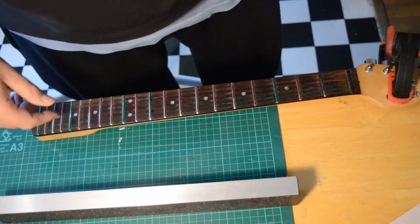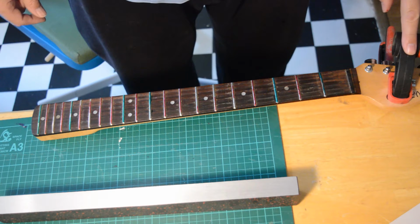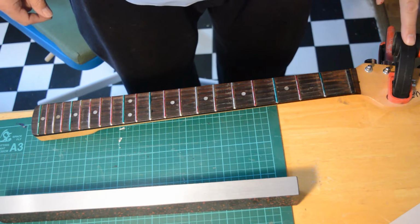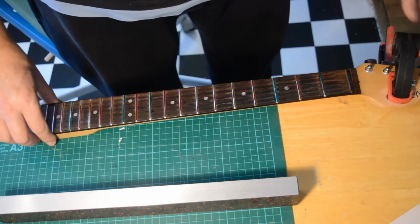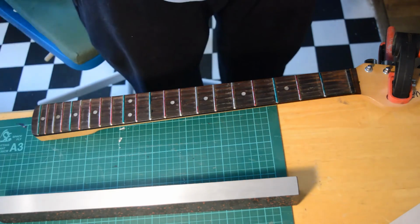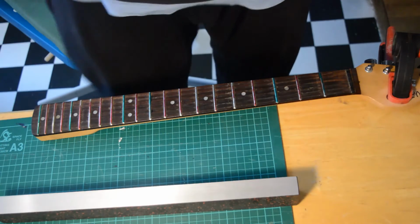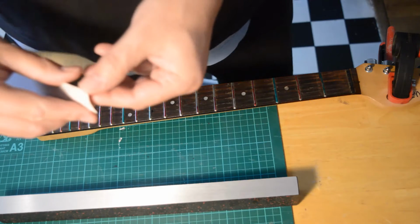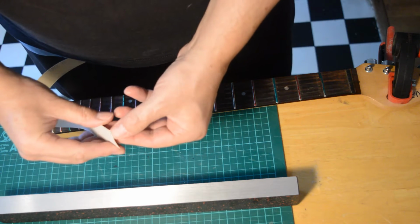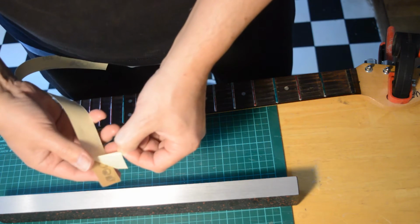Right, pretty much all set to go. I've just lightly clamped the head of the guitar down, very lightly. Didn't need much to get it to stay put, and it just made the whole leveling process a bit easier. So we've got the 320 grit, I think it is. I'll take the backing off of it. There we go. Just take that off,